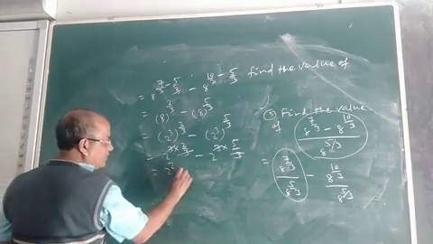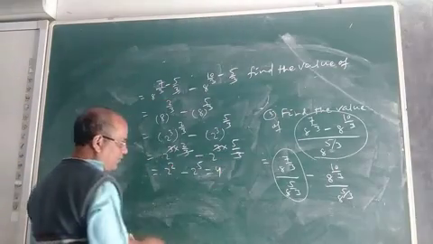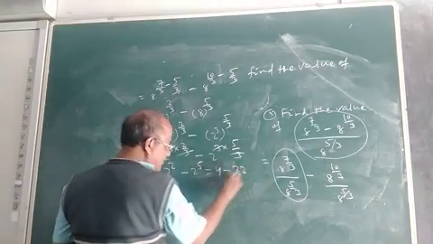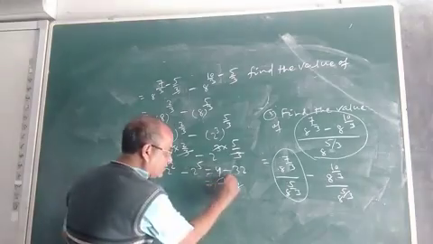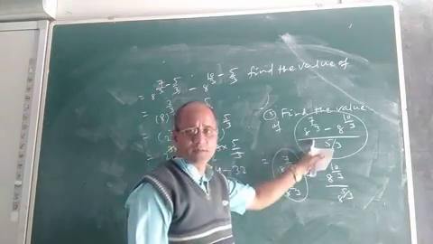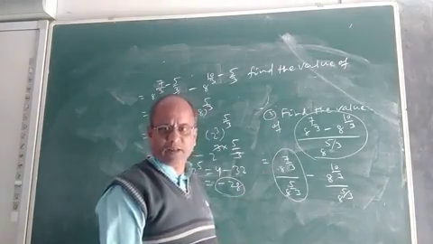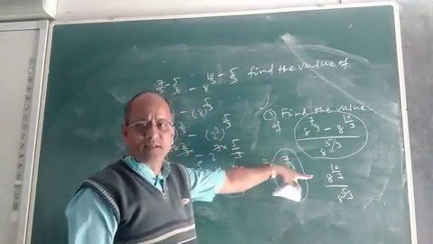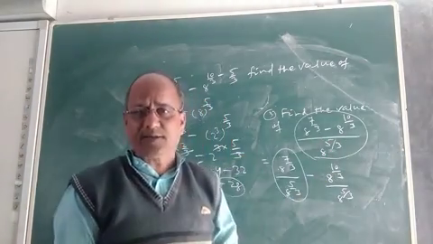It is 2^2 − 2^5. 2^2 is how much? It is 4. 2^5 is 32. So what will be the answer? 4 − 32 will be −28. So −28 will be the value of this expression. I did this one in this manner. It can also be done in several ways. This is one of the ways. I just tried to explain how to evaluate this type of exponential expression.